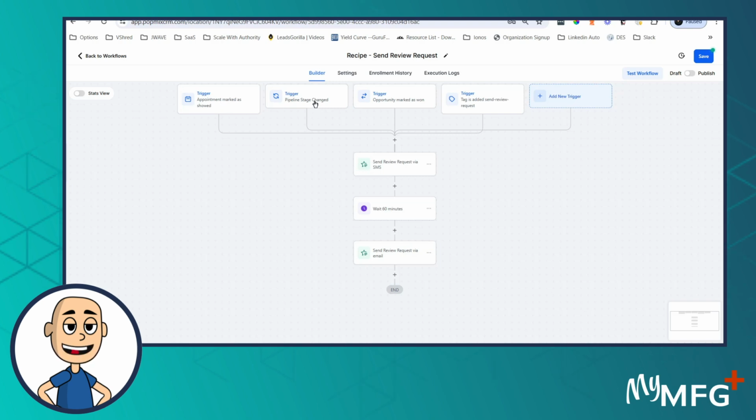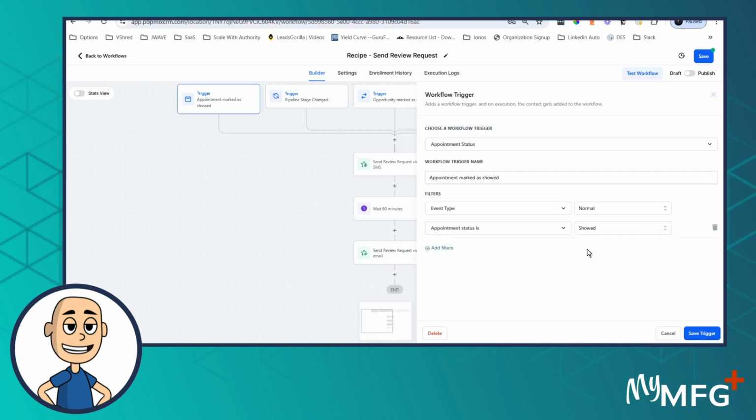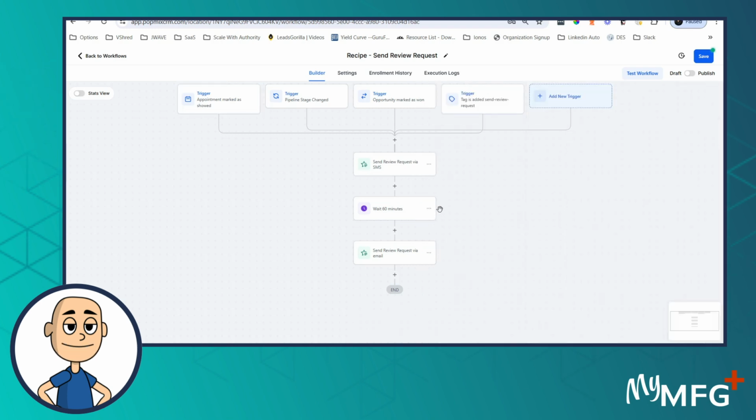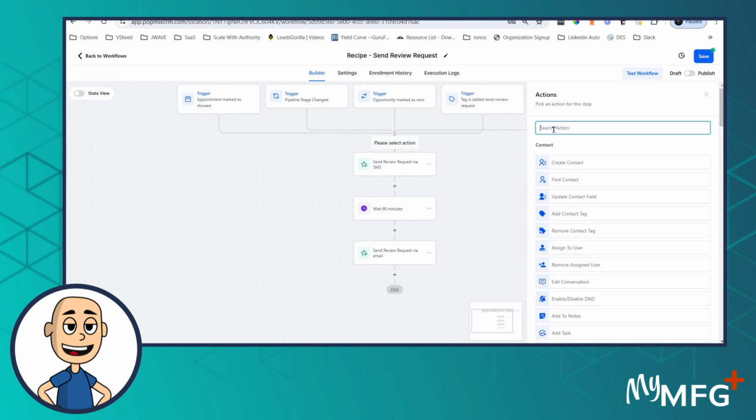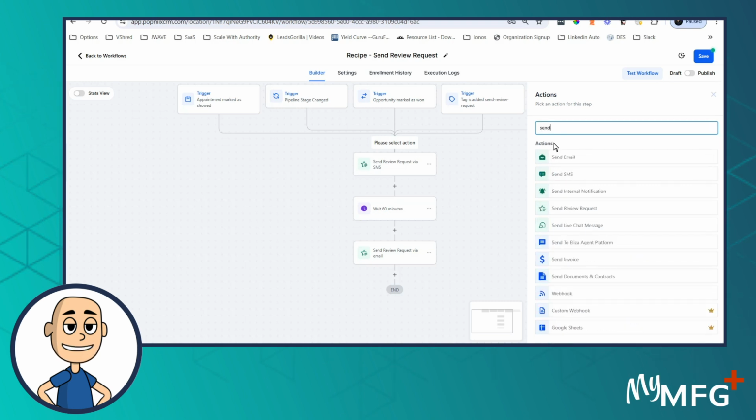We've already got the pipeline stage changed. We've got the opportunity as one, and we also have a tagging trigger in there. So all three of those triggers are fine. If you wanted to add the appointment trigger, I would recommend adding the additional filter on that. Next, we click the plus sign, and you want to just search send, and this is a send review request,